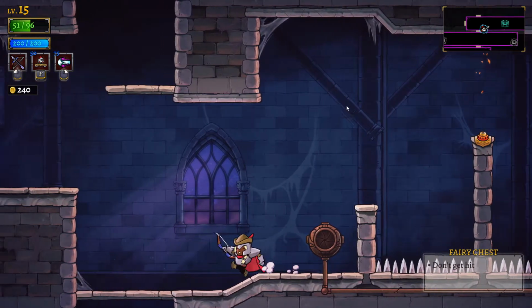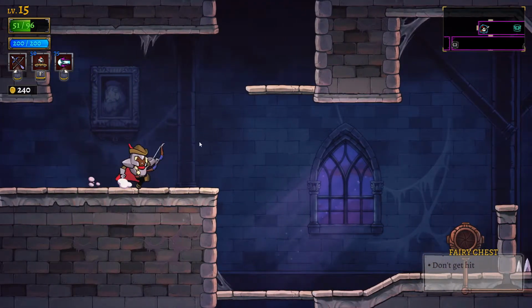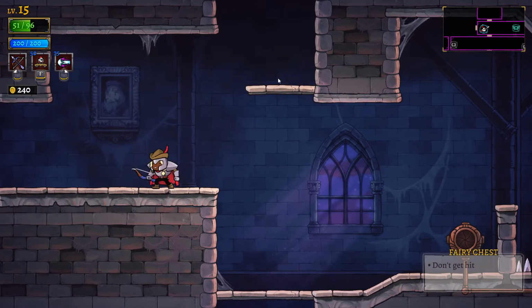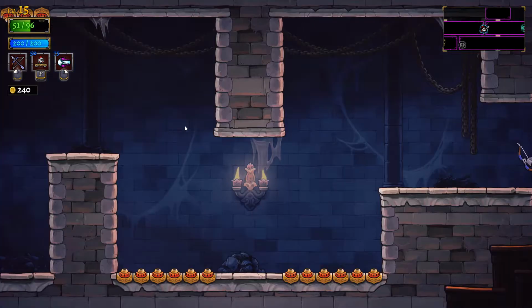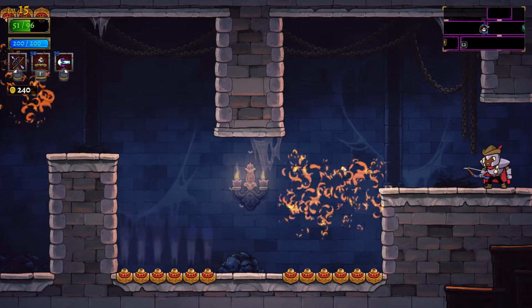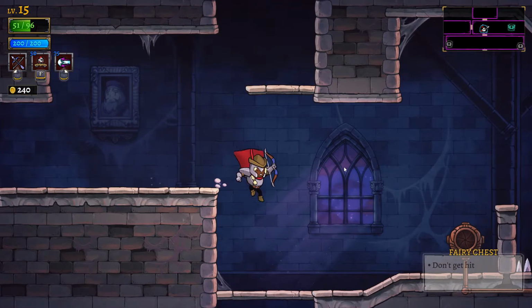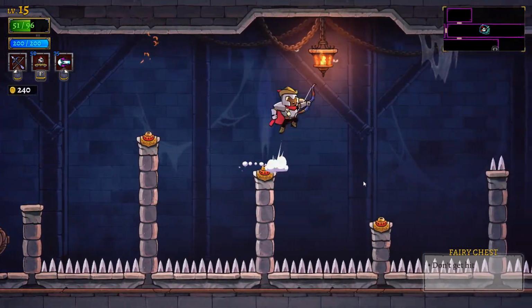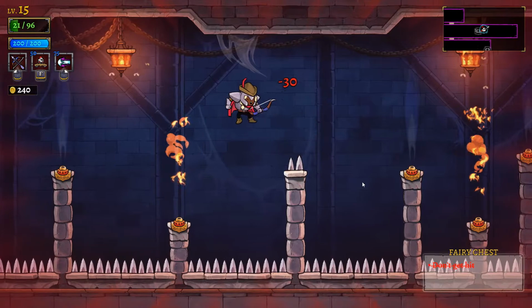Fairy chests, don't get hit. Oh god. Oh god. You see? Again, that up there could have been on fire when I jumped. Thankfully it wasn't, but it could have been. Actually, I don't know if it could have been if it's scripted to not light up as soon as you jump. Maybe it is, but there are situations like that, is my point. And really...